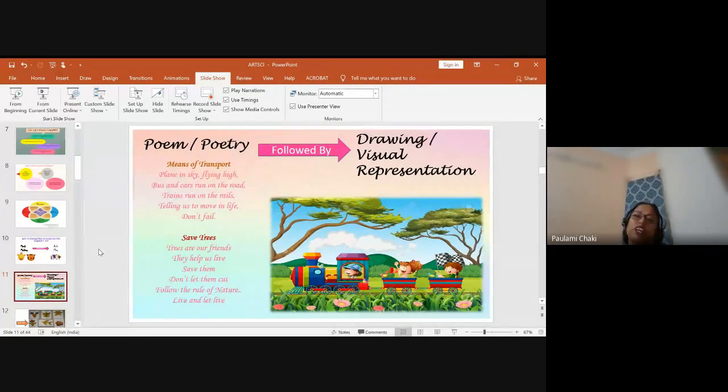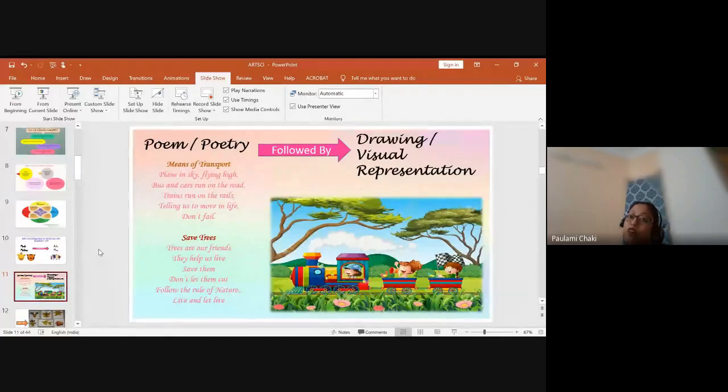But in lower grades, what I will ask you is, let us give them a few rhyming words. And those rhyming words should fit into that poetry, right? So rhyming words will lead the students to write a better poem. So here,